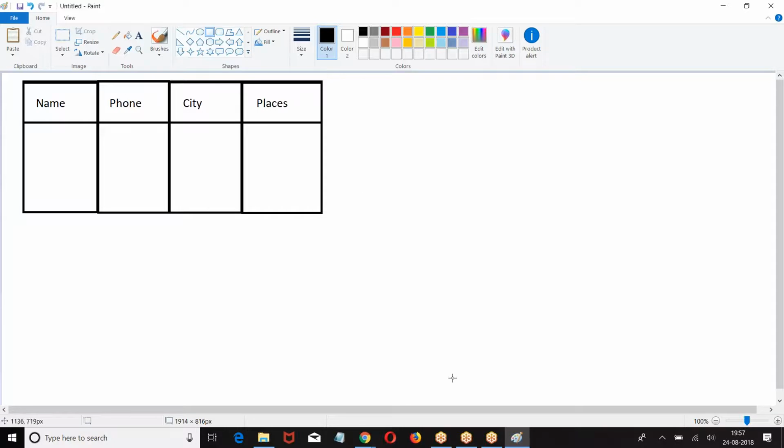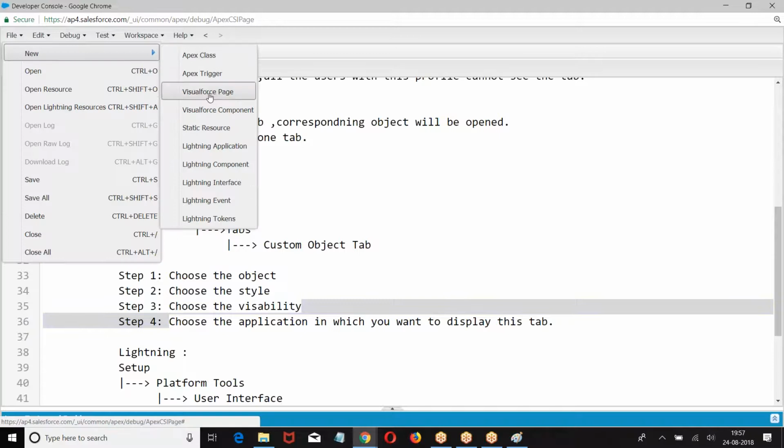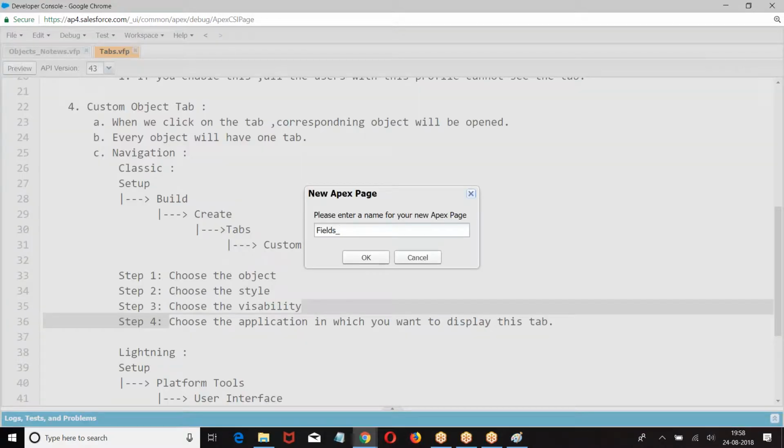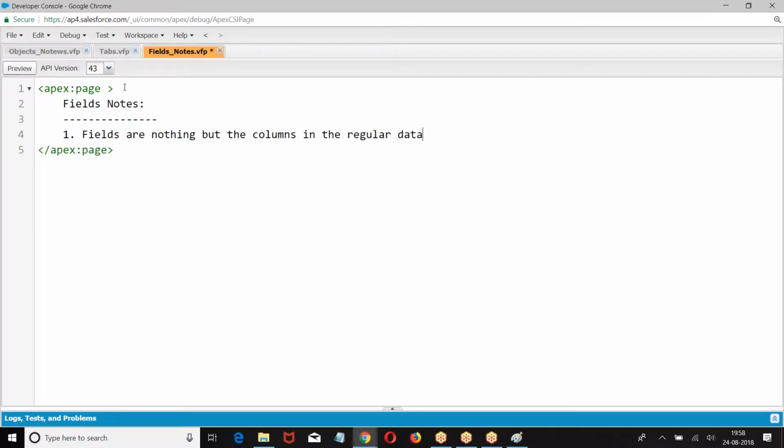Okay. So let me give you basic information about this. Fields are nothing but columns in the regular database table.